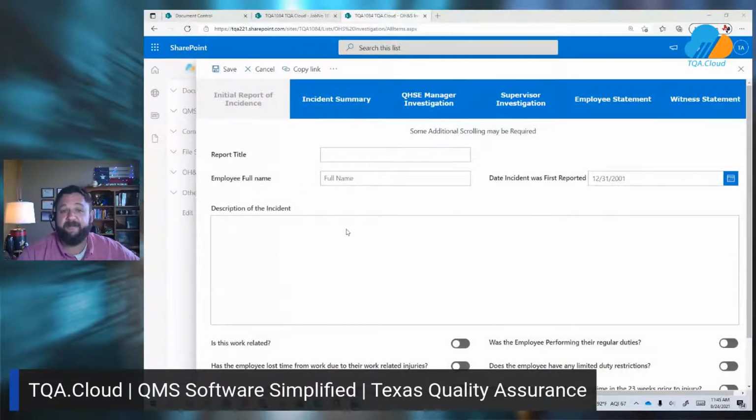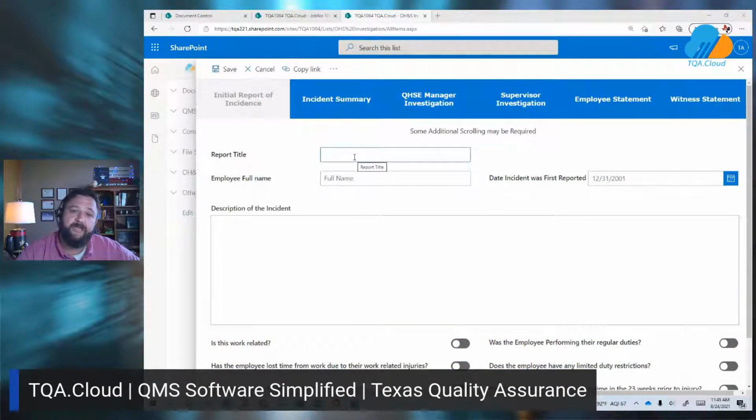Digital workplace solutions means that we can take a document that you've already developed. Maybe it's an inspection report, or in this case, an occupational investigation sheet. And we can take that document and convert it over into a digital format that allows you to digitally collect the data, again, from a mobile device, a smart device, a laptop, desktop, you name it, almost anything internet connected, to get exactly what you need. So this is a really fantastic example of that.